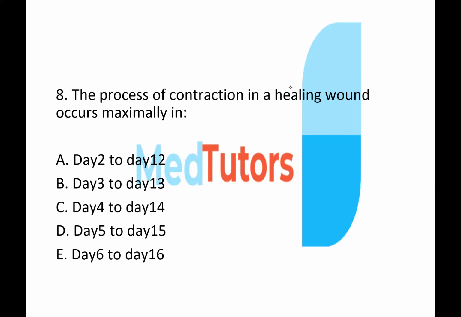So usually after the inflammatory phase, during the proliferative phase, the proliferative phase is characterized by 3 major processes: epithelialization, granulation tissue formation, and new vascularization, formation of new vessels. It is during these processes that the granulation tissue is formed, and you have a special type of fibroblasts called myofibroblasts. They are the ones that cause wound contraction, and it occurs between 4 to 14 days.